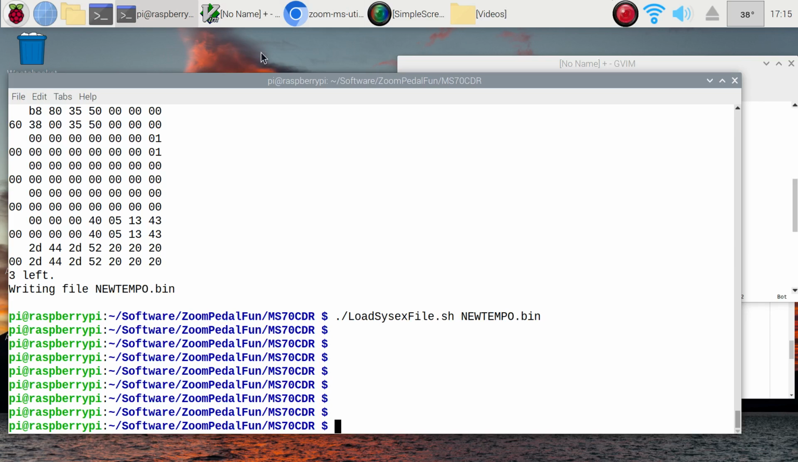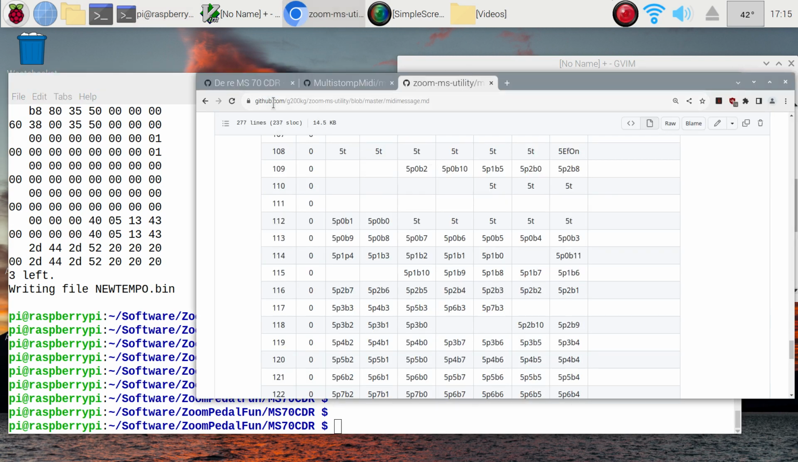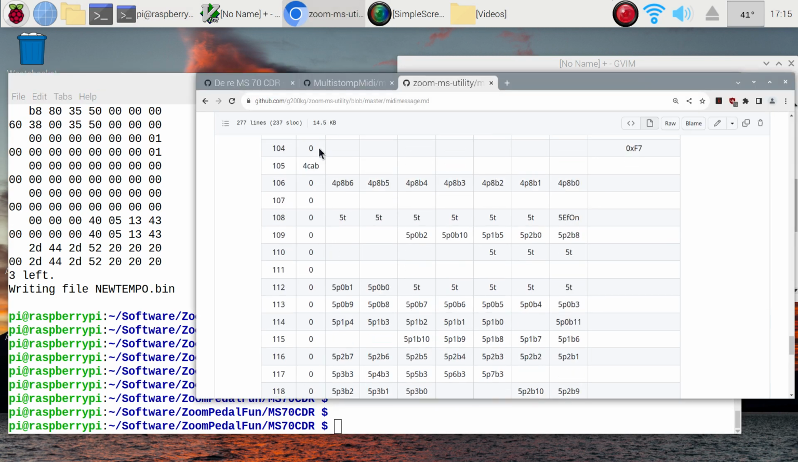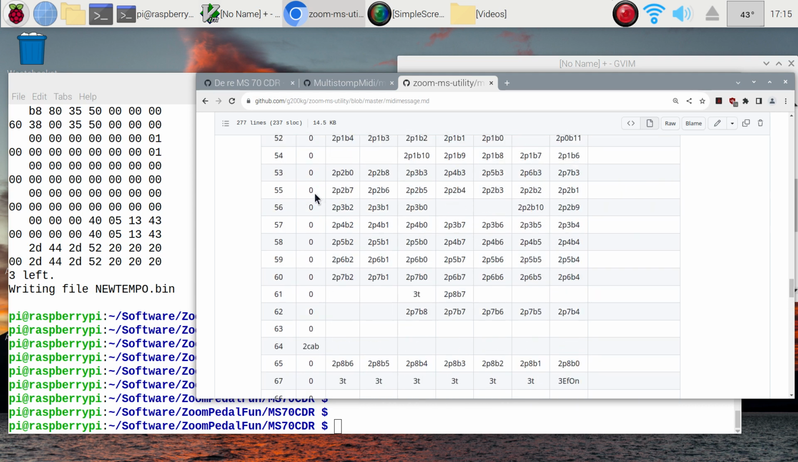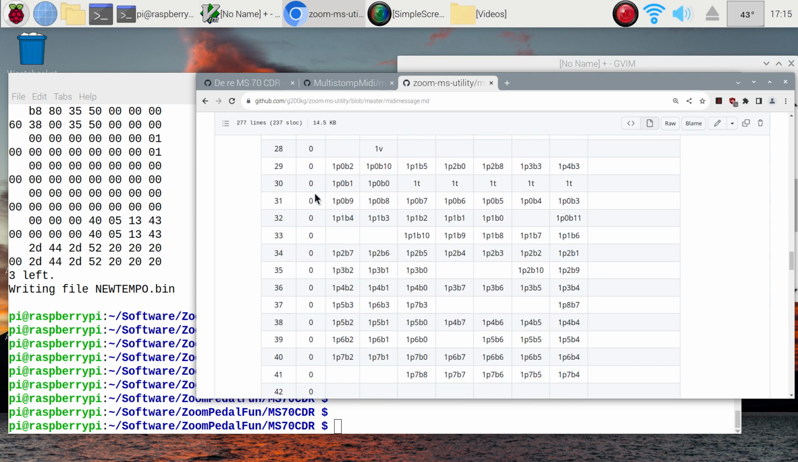Hi, I got a question about the different parameter spaces. What do I mean by packed, unpacked, and compacted versus expanded? And I realize I use slightly bad terminology, but let's try and explain it as simply as I can. So when we look at G200kg, they've gone to the trouble of taking apart the MS CDR 70, and